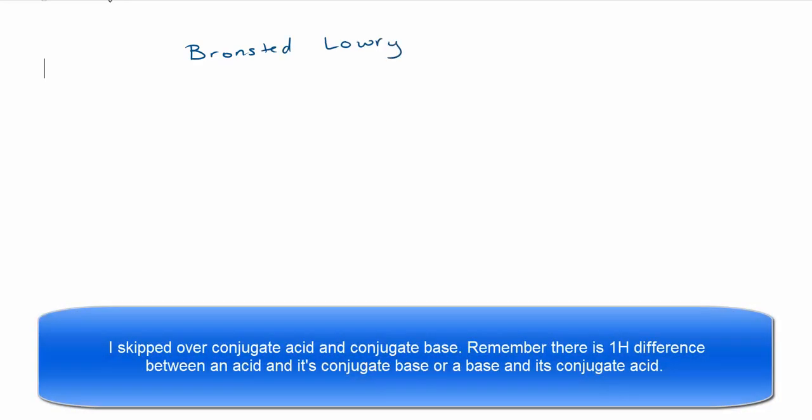We also talk about our Bronsted-Lowry acids and bases. Now, Bronsted-Lowry acids and bases are where we are transferring a proton. So it's a proton transfer reaction. A Bronsted-Lowry acid is going to be one that donates a hydrogen ion in solution. And a Bronsted-Lowry base is going to accept an H. So if I have, say, a solution of ammonia